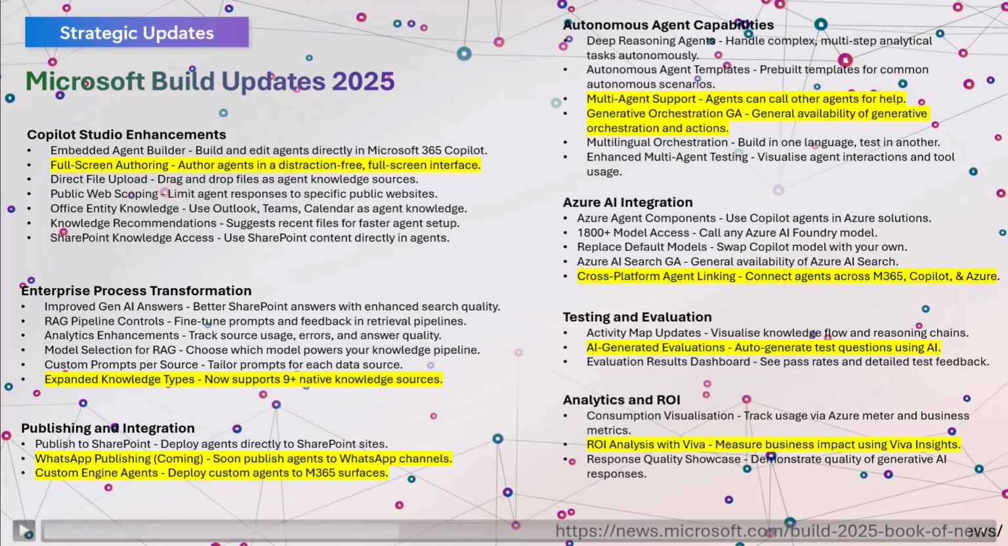Now, I'm really not going to have time to go through every single announcement because there's even more than this one page that I've got on here. If you want to see all of the high-level news, you can use the book of news from Build, which the link is at the bottom here. But let's talk through some of the elements that I've got highlighted on the screen here and why I believe